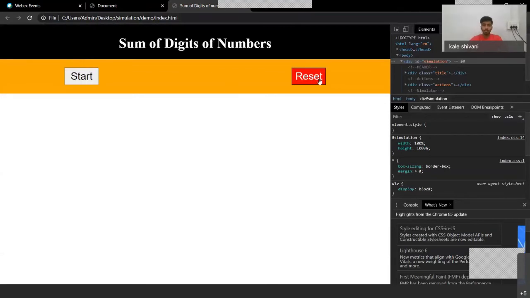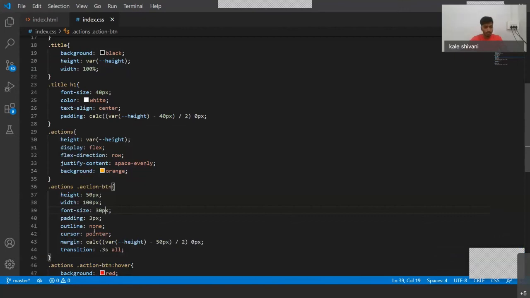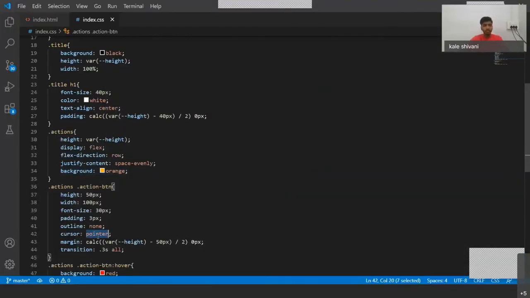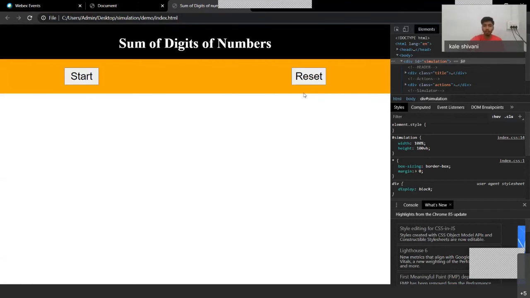Then padding. For each button, we applied some padding, 3 pixels from all the sides. And then we want the outline to be none, so whenever I click this, you don't see any outline. The cursor is set to pointer, so whenever I'm over this, my cursor changes to a pointer.